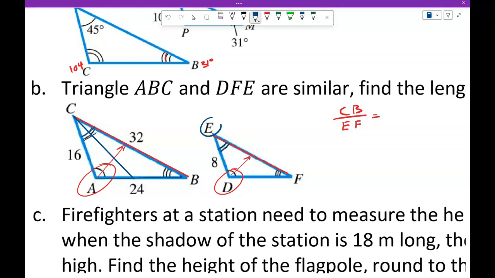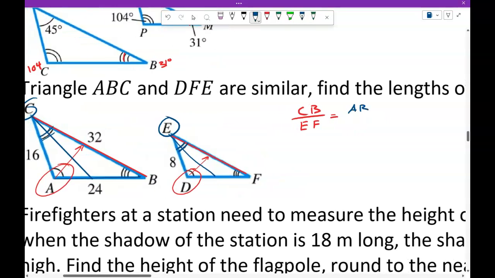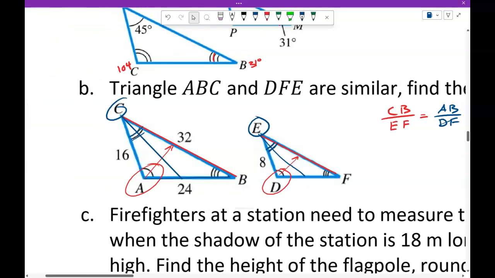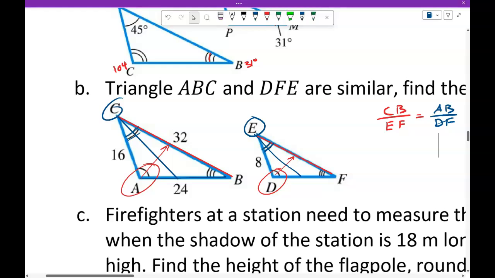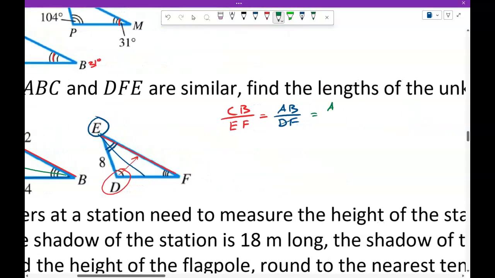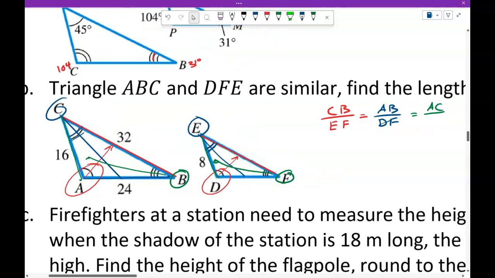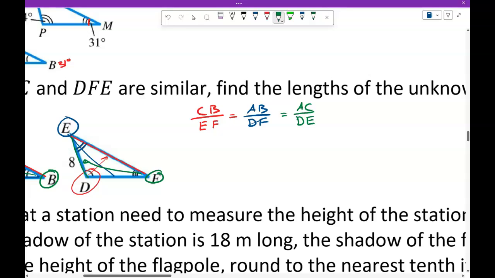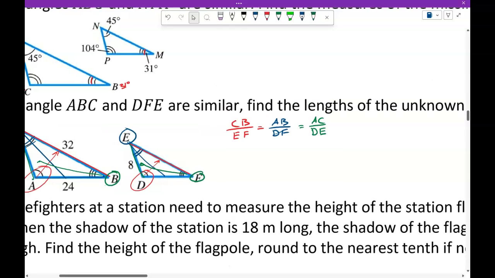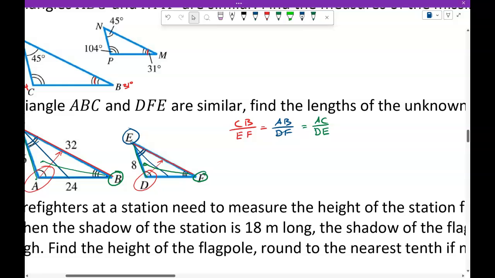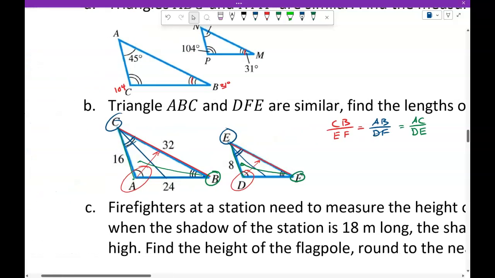Opposite angle C is side AB. E corresponds to C, and opposite E is DF. So we know that AB over DF will be equal to CB over EF. And then opposite of angle B is AC. And corresponding to B is F, opposite of F is DE. So we know that the ratio of these three proportions, or the proportion of these three ratios, is going to be the same. So we can use that information to set up proportions and solve for the missing values in